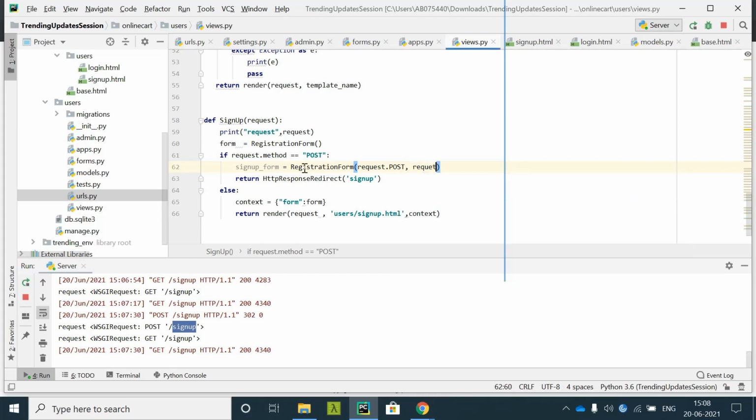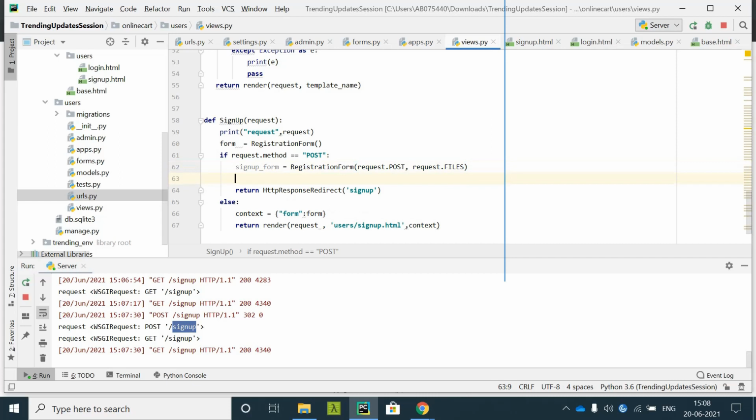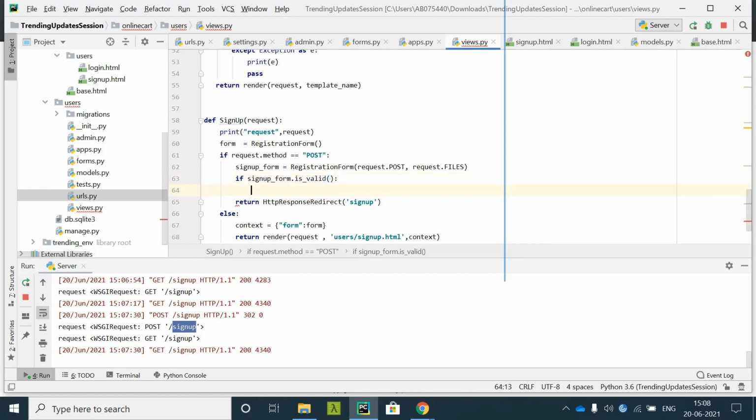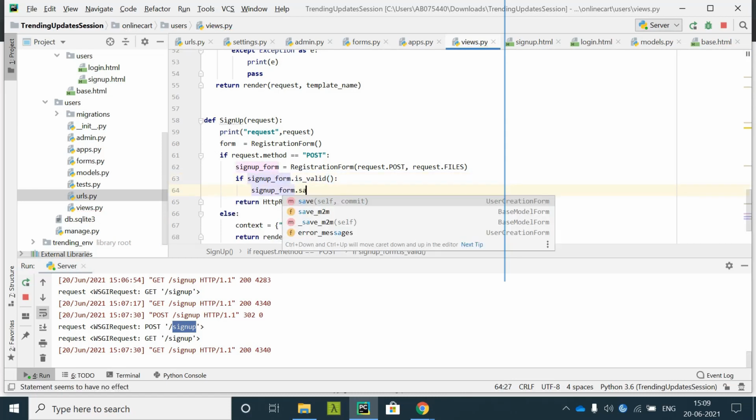And especially when you give request.FILES, when you have any image related file or files, that time you make use of this request.FILES as a parameter to this registration form. So if sign up form is valid, then sign up form dot save.